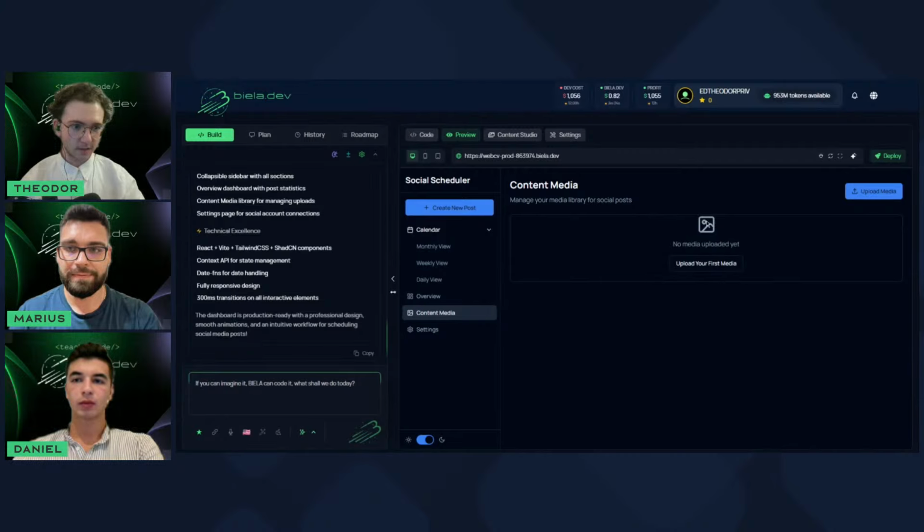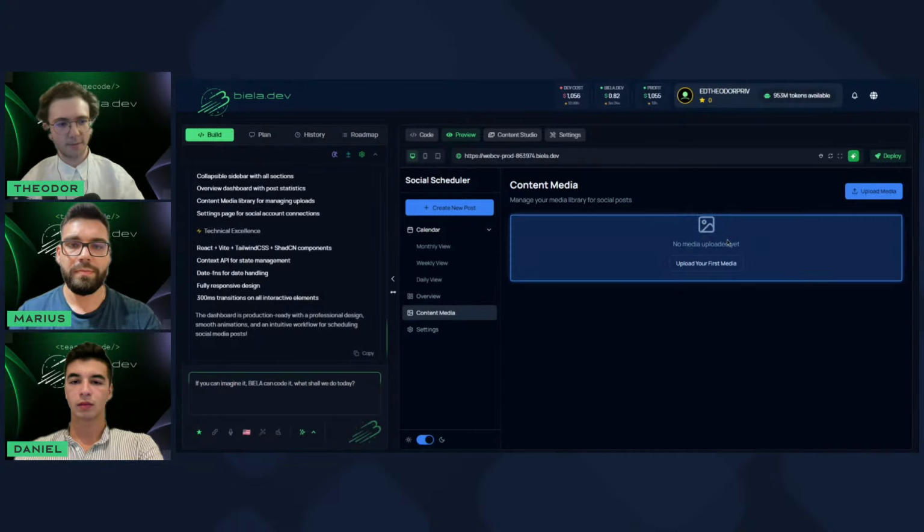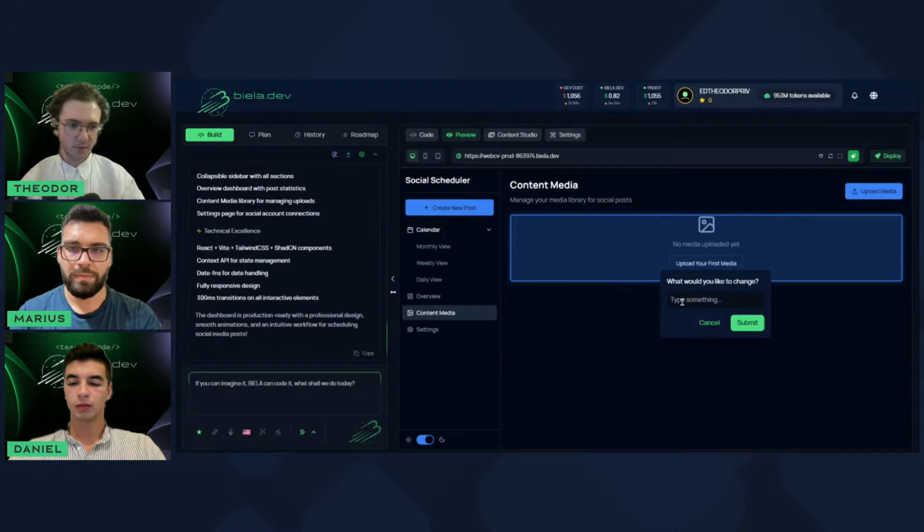Okay. And here, there's a small issue that the padding is not perfectly placed, but we can test out a feature that we just added to Biela, which is this button here. Basically, when you click it, it's like an inspect element. I don't know if you guys used that before. It's like a clicker. It highlights the elements in the page, and if you press on this and click on the box that you want Biela to change, it will give you a text box here, and you can type here, please adjust the top